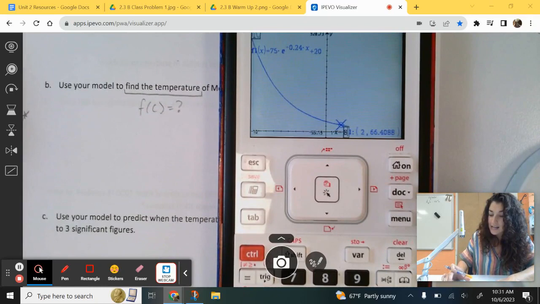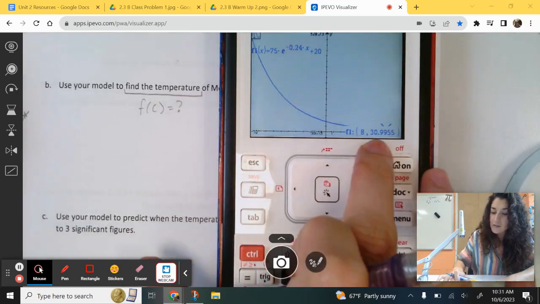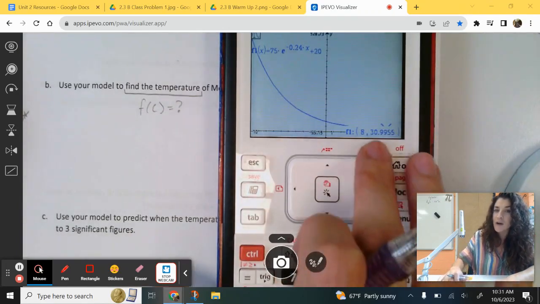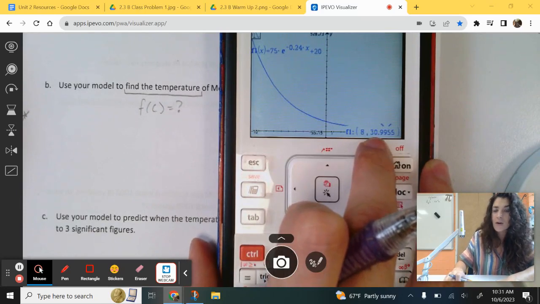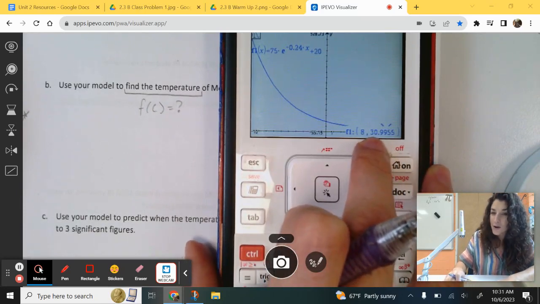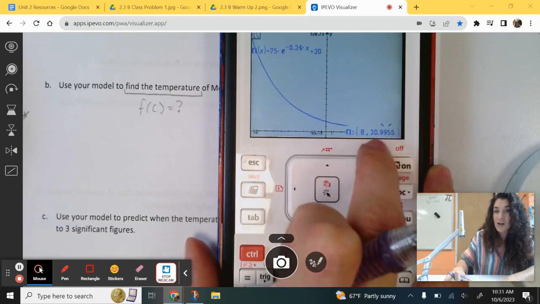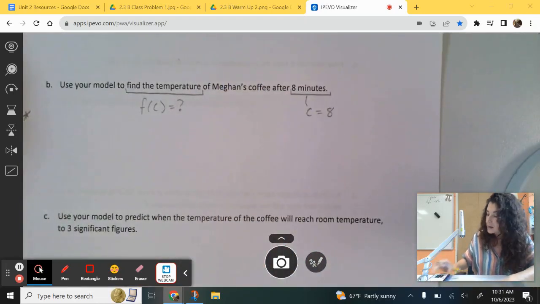So if I type 8, enter, right? If I have the x value, I can solve for the y value. If I have the y value and need the x, it's slightly different, but it's okay. 8 gives us this. If you have less sig figs on your graphing calculator than I do, you might have gotten 31.0 or just 31. It's because it was rounded, pretty darn close to 31. But I'm going to do